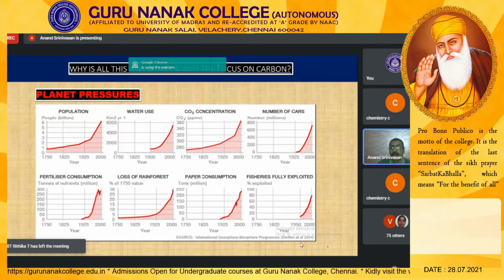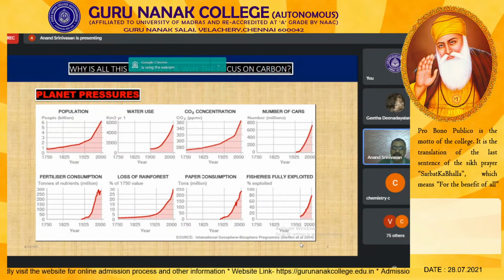And the number of cars being used from 1925 to 2000. This 1925 is where the industrial revolution started taking place. There are two different events we should be looking at. One is the industrial revolution, the other one is 1935. That is where Macaulay came to India. He started collapsing our entire education system. So this is where things started taking place in a rapid fashion.